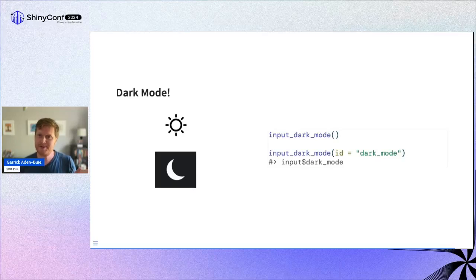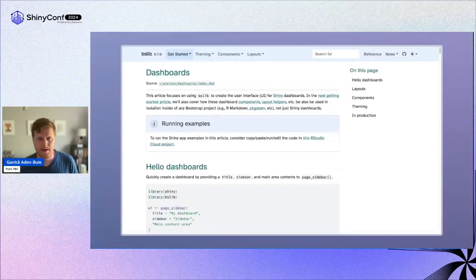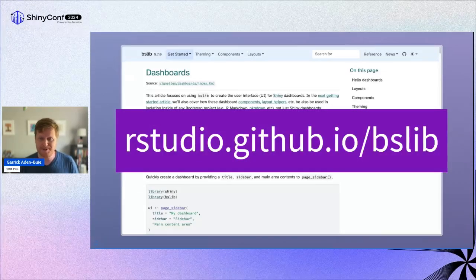Oh, there is one more, dark mode. This is my absolute favorite. Just throw input dark mode anywhere on your page and you get this little dark mode toggle. And if you want to get the value, the state of the color mode, back in your server and react to it, you can give input dark mode an ID, and then you can read whether you're in dark or light mode. There's a whole lot more that bslib can do, and there's a lot of nuance in putting it together and everything. So I urge you to go check out